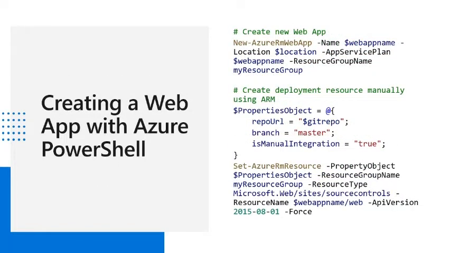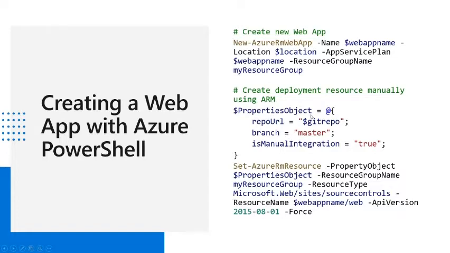And to create a web app in Azure PowerShell, you say create a new web app by using the app service plan created earlier and randomly generated name. Then you deploy the code from public URL using master branch to the web app created earlier. So New-AzureRmWebApp with the name, location, app service plan we just created, and resource group name we just created. So you just say create a new web app and create a deployment resource manually using ARM template